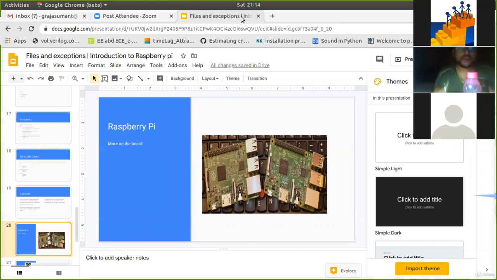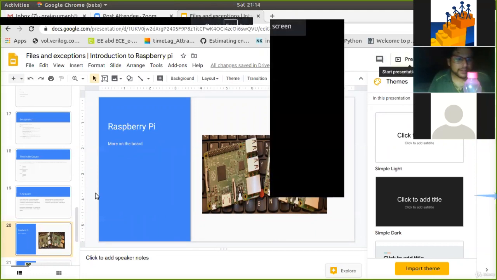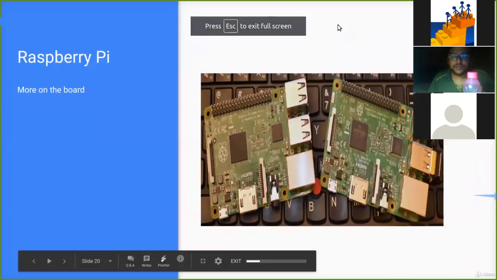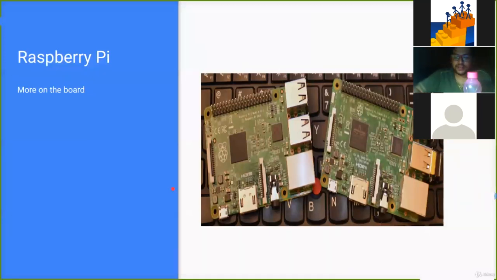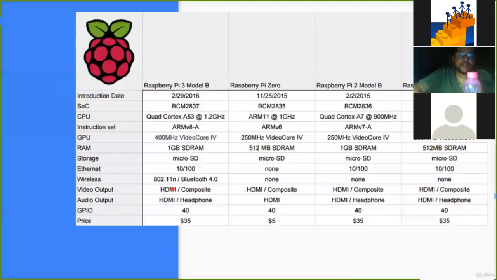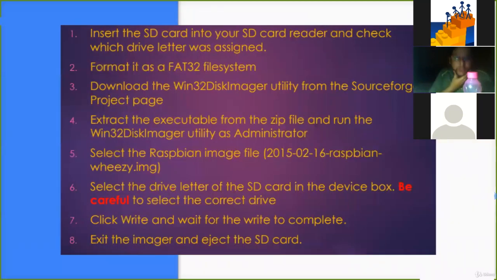Now, what is the expectation from you people for the next class is simple. We need to load an operating system on the Raspberry Pi. So how you actually do that is, you take an SD card. Okay, so this is the SD card over here. So what you can do is, you can